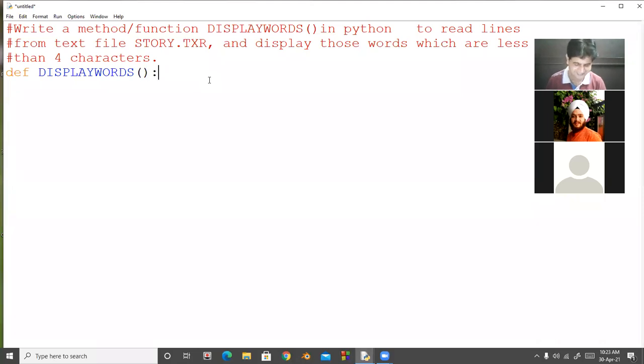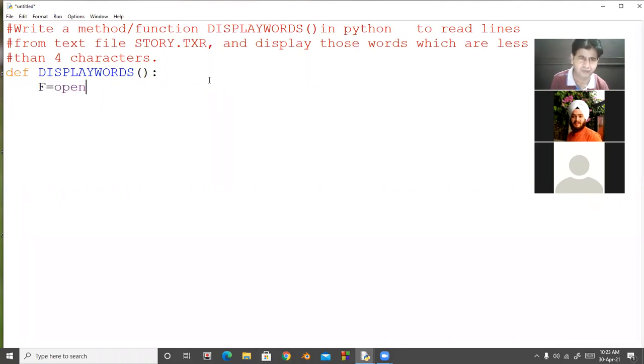Is it clear? Yes sir. In common language, always remember in future, in professional life, this is the difference between functions and methods. Otherwise, there is a very slight difference.